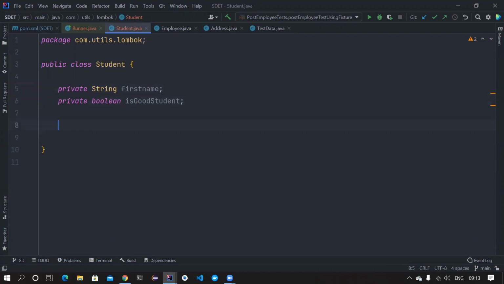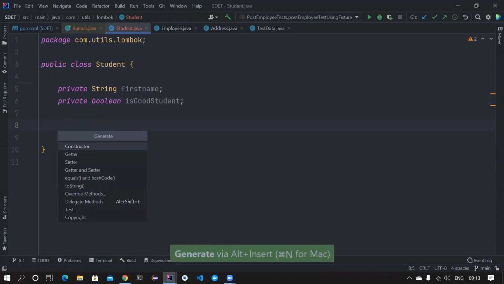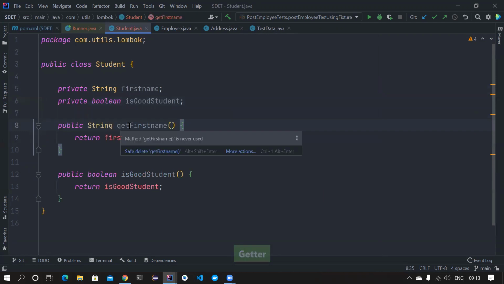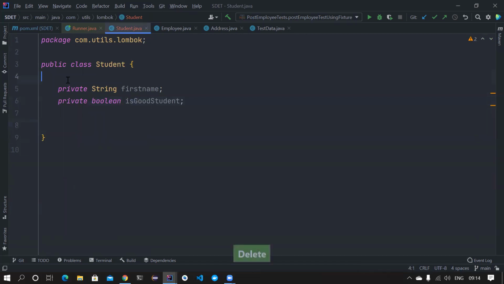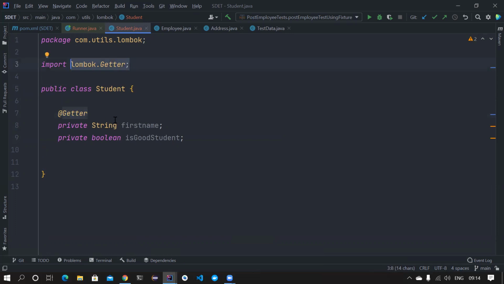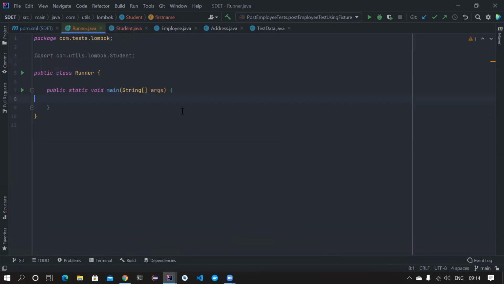To produce the public getter methods, I can basically generate them using this IntelliJ IDE, but you can also do that with the help of Lombok, right? It basically creates something like this in IntelliJ, and the same way we're going to create it with the help of Lombok. If you type @Getter, this comes from lombok.Getter, and this implicitly creates the getFirstName method. If you can't believe this, you can go to some runner class and try to write new Student.